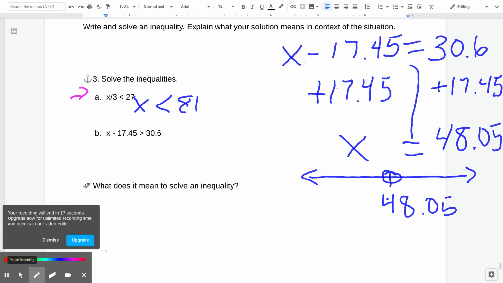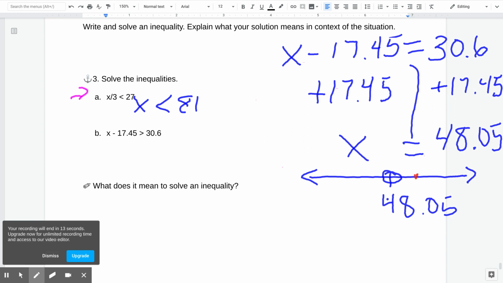Well, if x is bigger than 48, say it's 50, then I'm going to get an answer that's bigger than 30 and 6 tenths. So that means I have to go this way, which means that x must be greater